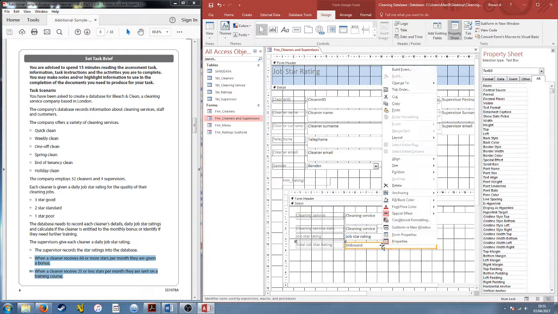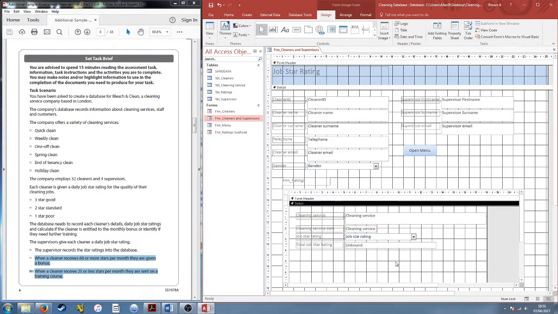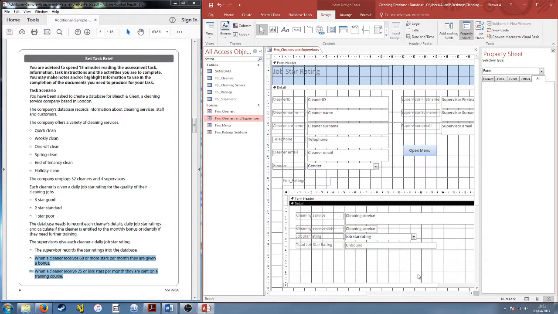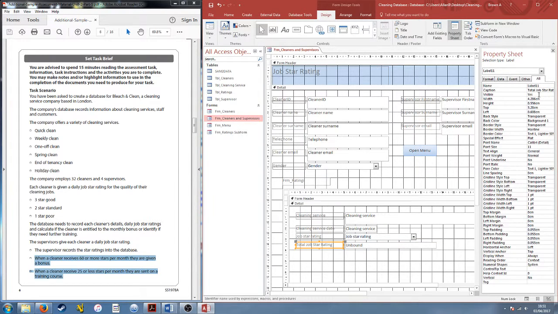That's not the one I want. We're going to go to properties. Yeah, just straightforward properties will do us. And in name up here, there we go. We're going to call it job star rating label. Oh no, wait a minute. I was selecting, no, just job star rating. There we go. Yep, and here